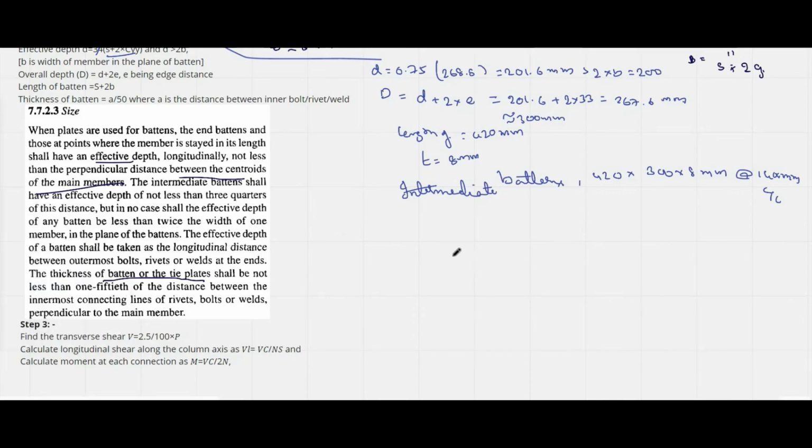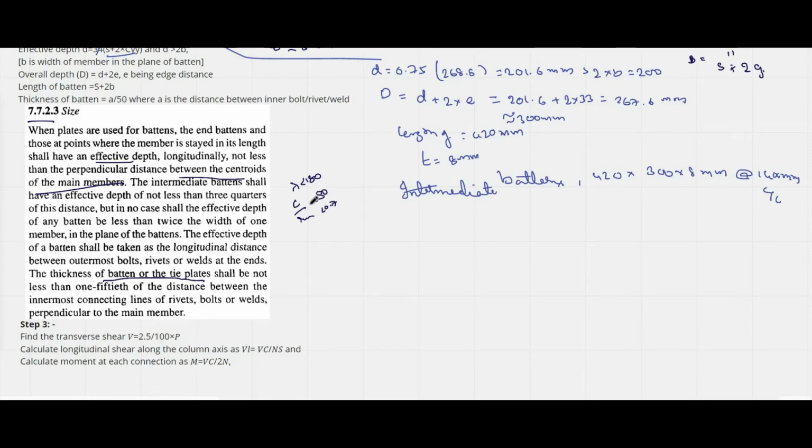So the sections we have designed, end battens and intermediate battens, are all based upon assumptions which we have selected from clause 7.7.2.3. Now if we see the modes of failure, we have already seen that overall buckling will occur when the total built-up member slenderness ratio exceeds 180. So we have already overcome this type of failure. Next, we have also seen the failure in the main member by providing the spacing. Our minimum radius of gyration must be less than 50 or 0.7 times.